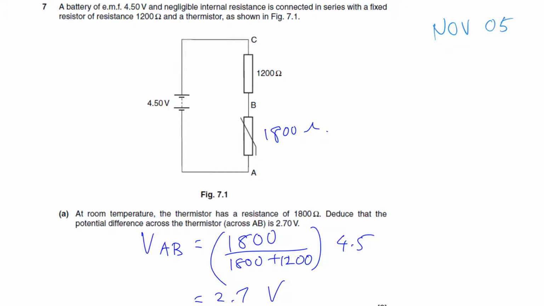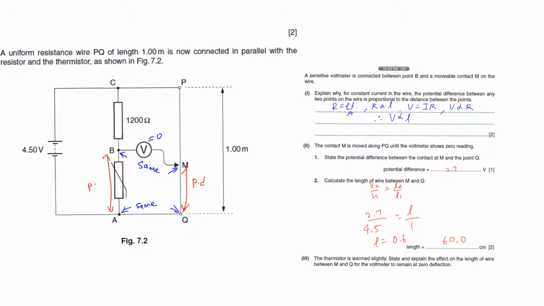So if you want to find the PD across your AB here, which is a thermistor, we use the standard formula for the potential divider. That means this voltage will be this resistance over the total resistance times the total voltage, and you get 2.7. So if you want to explain why, for constant current, the PD is proportional to the distance, you